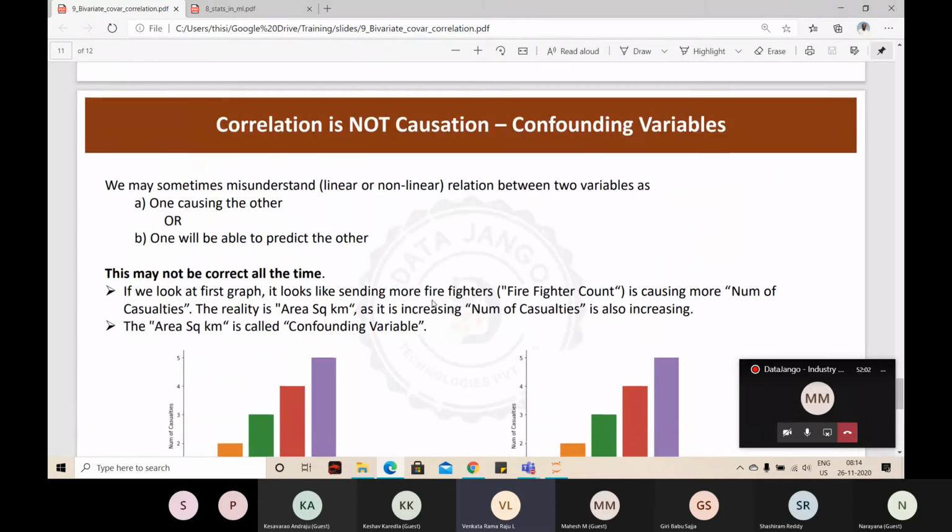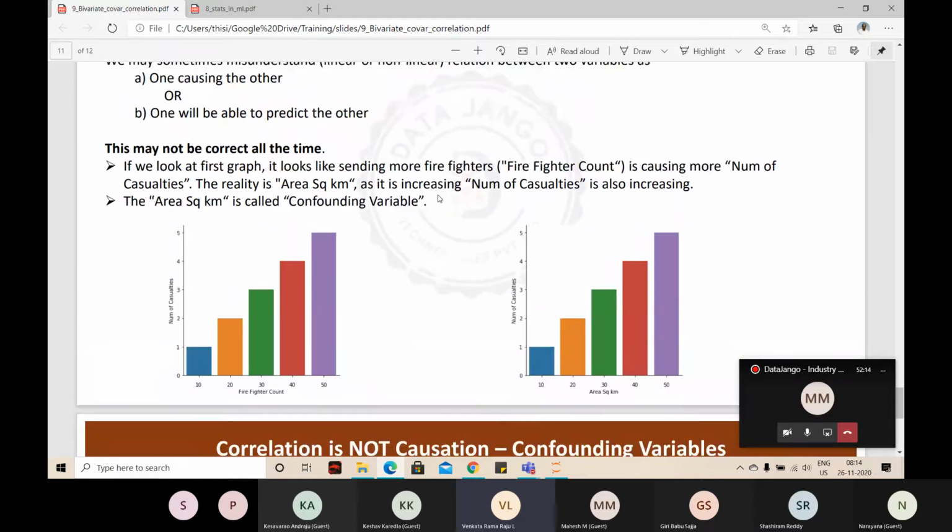You should know business. Then only your correlation coefficient, chi-square test or ANOVA test all make sense, and only when you actually look into the visualizations. These are all different tools that give you different ideas about the data, but you need to mix all of them along with business knowledge and make decisions.